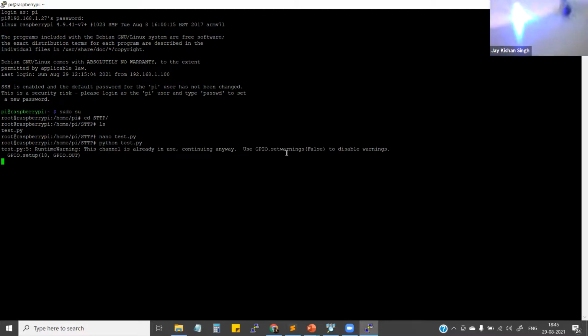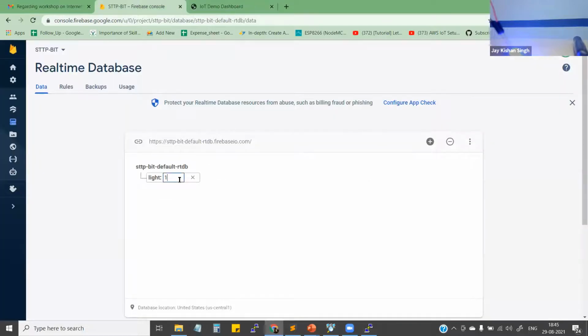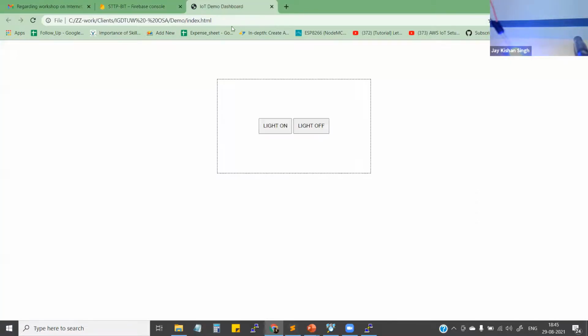You can see this light is available right there. This is the LED which we have. Now first let me change the values in the database. I'm making it 0. The moment I keep it as 0, you can see the light has turned off. Again, I'm changing it to 1 and it's turning on. But that's not the thing we want. So I'm coming to my web application, and I'm just clicking on off and it's turning off. I'm clicking on, it's turning on.